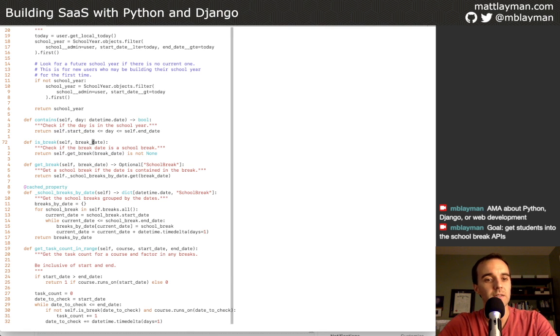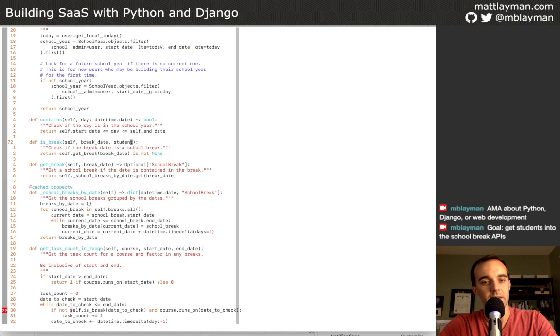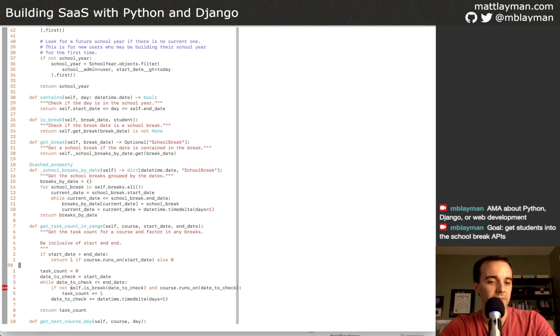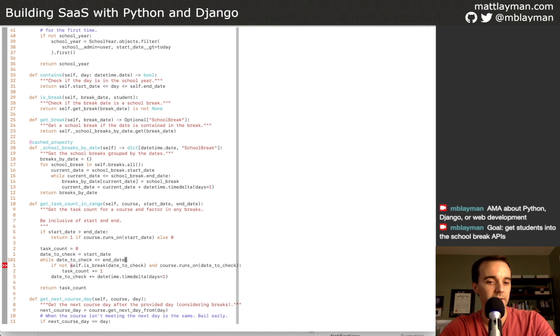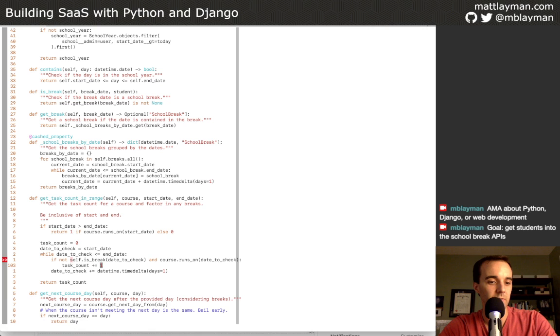And so what we need to do, and this is where it's going to explode on us, is we need to add a student. And this is the API change. And you can see already, or you may not be familiar with my editor setup, I don't blame you, but I have some lint checking tools that will highlight in the gutter, so the left side of my editor, if something is wrong.